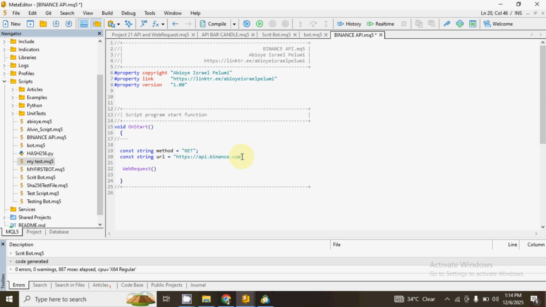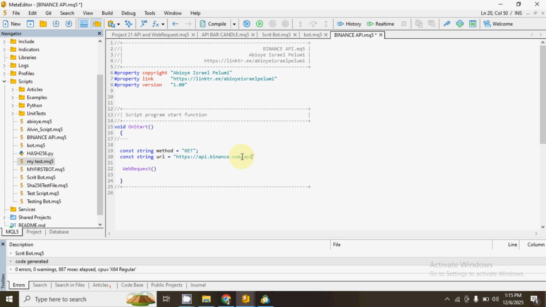Now the next part of the URL is what we refer to as the path. Like your folder on your computer or your phone. Before you get to a particular file, you have to open several folders, right? So when we are talking about paths, it means when the API request gets to api.binance.com, the path it is going to follow to get that particular data that you need. For example, the path to get the current price of all cryptocurrency coins on Binance, I just need to input